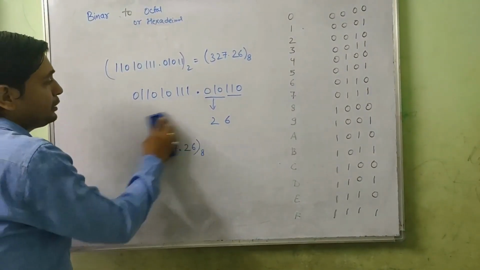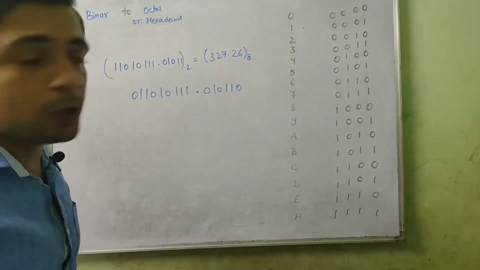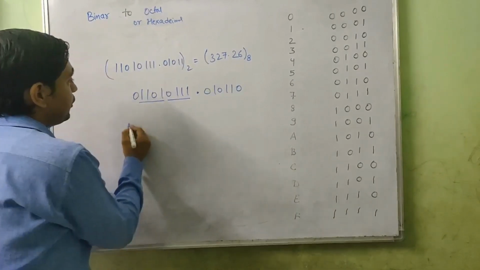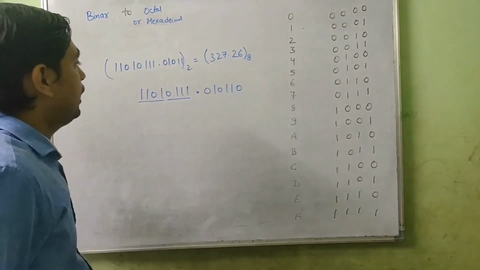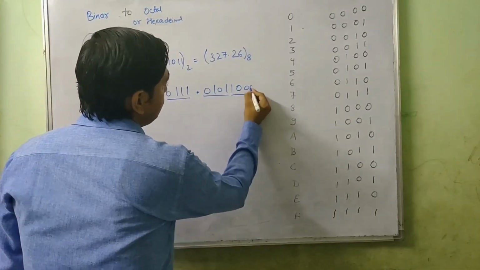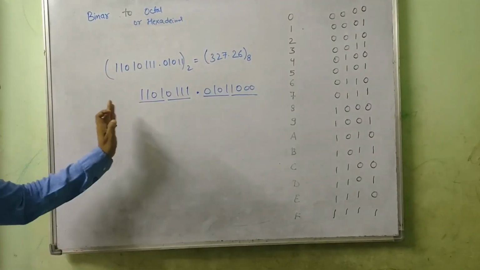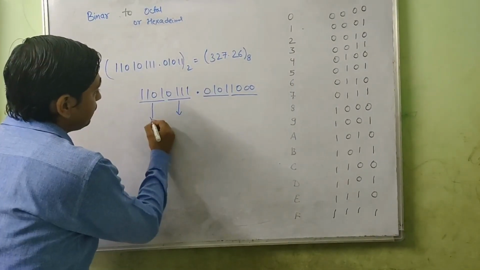The thing that will change is, instead of forming groups of 3, we will form groups of 4. So it will be these 4, then these 4, then this will be left. Actually I have added this. Here also a group of 4, so 2 zeros afterwards. Now each group of 4 bits will be converted to the corresponding hexadecimal digit.